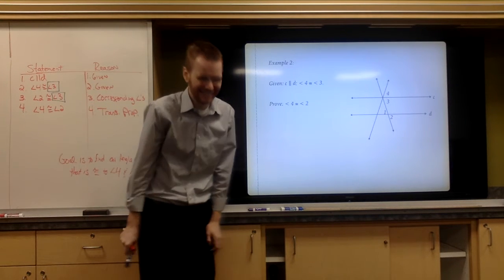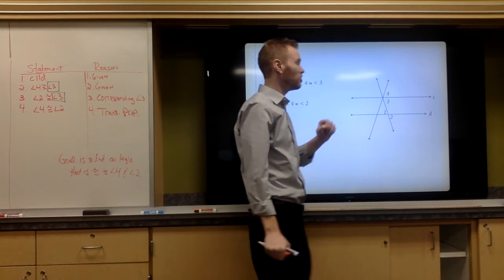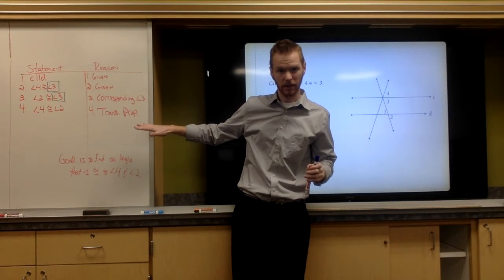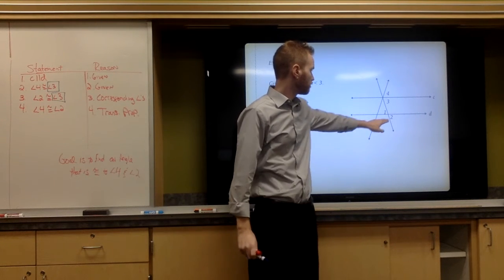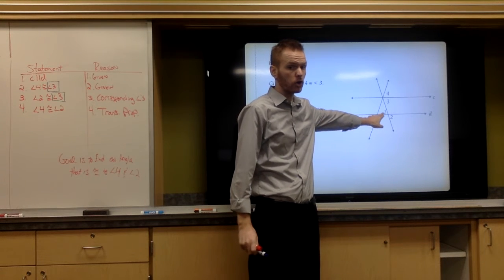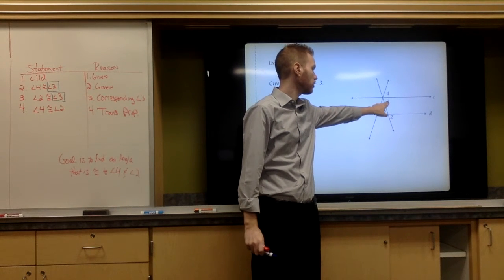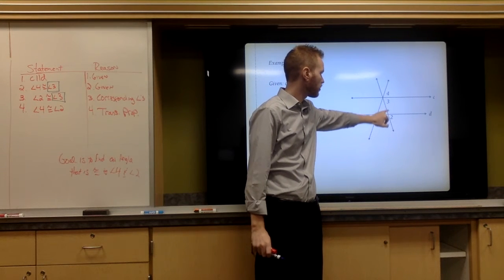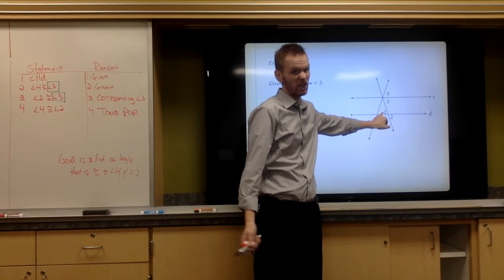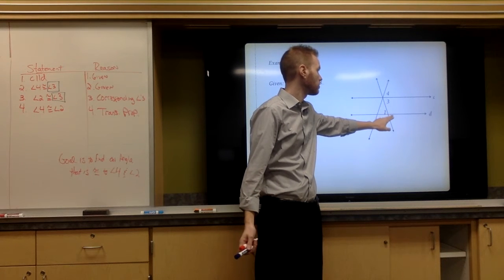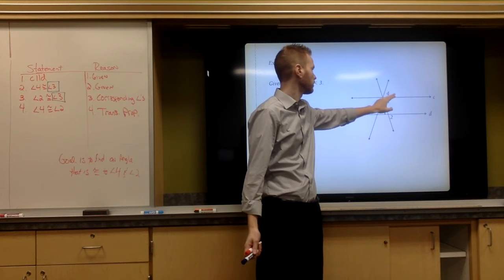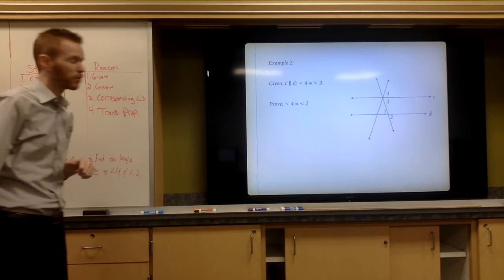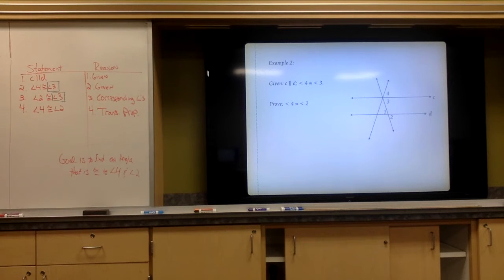You could incorporate angle 1. It will make the proof a little bit longer stepwise. You might have to use transitive property twice. 2 and 1 are congruent because they're vertical. 1 and 3 are congruent because they're alternate interior. So you could say that 3 and 2 have angle 1 in common. That's transitive. And then you can make the assumption that 2 has to be congruent to 4 because they have 3 in common. So it's probably another 3 steps,